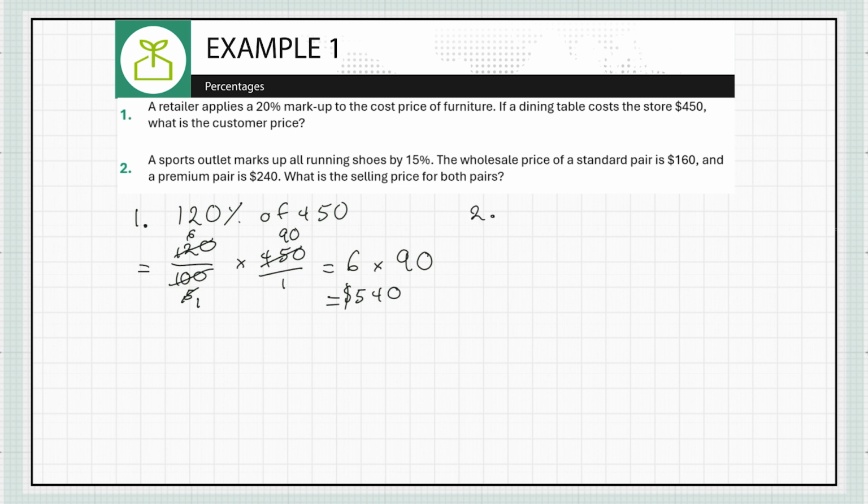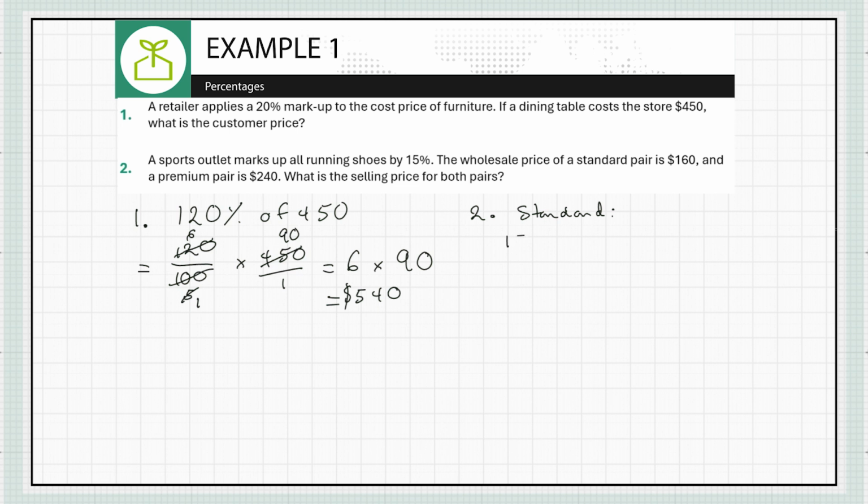Alright, if we look at question 2, we have a sport outlet that marks up all running shoes by 15%. The wholesale price of a standard pair is $160 and a premium pair is $240. What is the selling price of both pairs? So for these, we're going to work out what 15% is of both of them and then increase that base price by that. So for our standard pair,